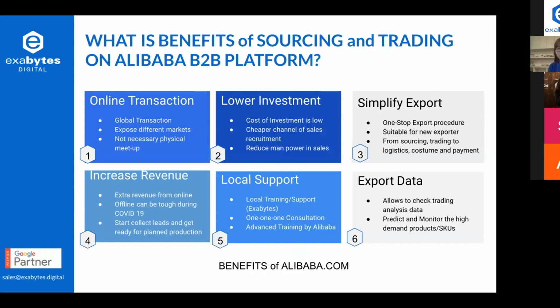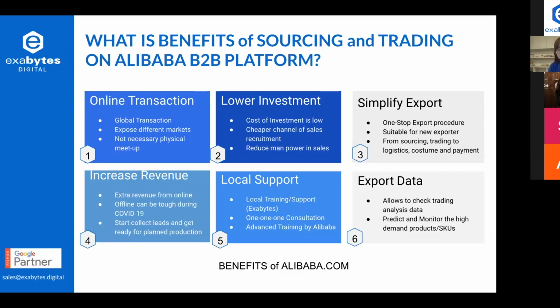It is my backup for my offline transaction and also my online transaction, because it is global and can expose me to many markets. And now I can also start thinking about how to use my sales team to approach the leads from Alibaba, or those customers who sent requests before, and follow up, or even try more creative types of meetups. It is not necessary to have a physical meetup. We can have a webinar like this, so everything can be an online transaction.